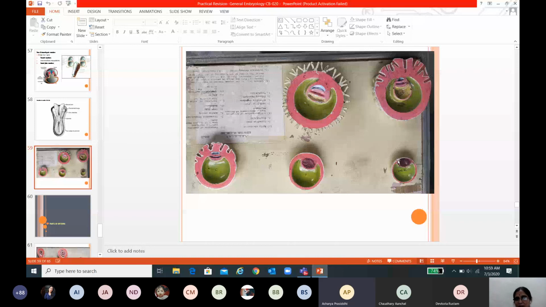Yes, what is this red color mass? Ma'am, it is embryo mass. Embryoblast. Very good. And this pink color layer? Ma'am, it is trophoblast. What is the fate of the trophoblast? Ma'am, it forms the placenta. Embryoblast forms the future embryo. And this is the chorionic villi. This chorionic villi forms the chorion frondosum. Chorion frondosum gives rise to which part of the placenta? The fetal part of the placenta.